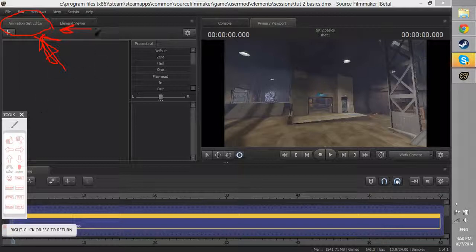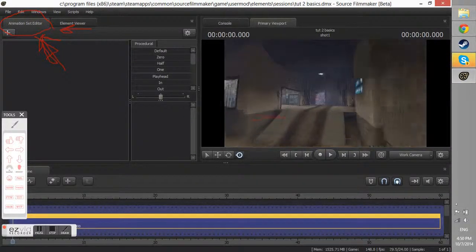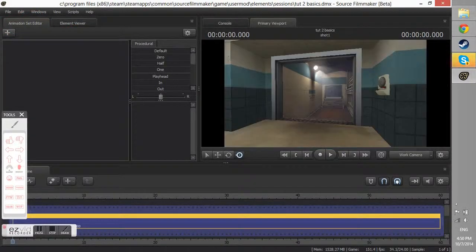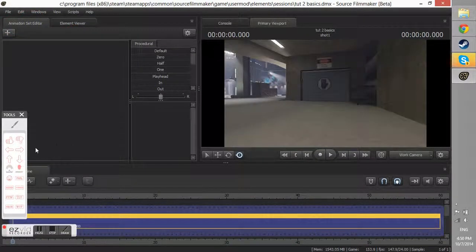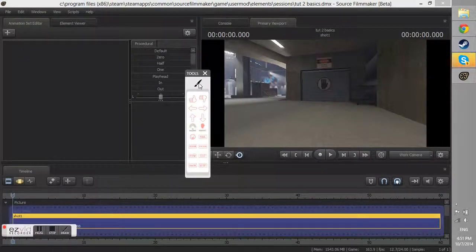The animation set editor is where your model name goes, and then the model and its physical presence or visual presence will be in the viewpoint. See, before you select a model, you usually fly around the map looking for a spot to film the stuff. And that's the timeline. That's where you edit your clips and stuff, like graph editor, motion editor, which is a